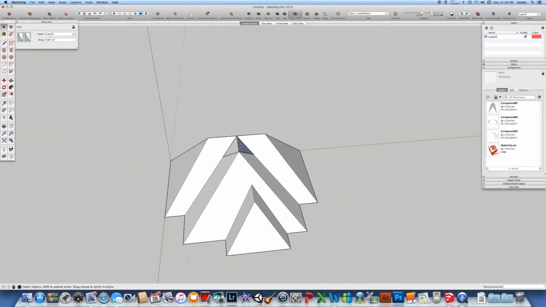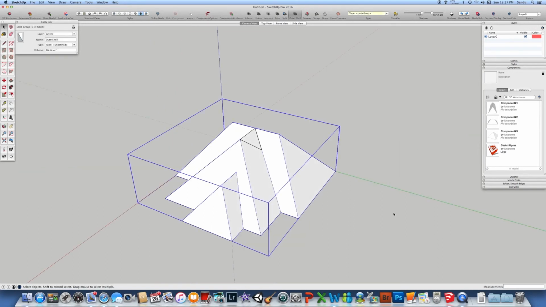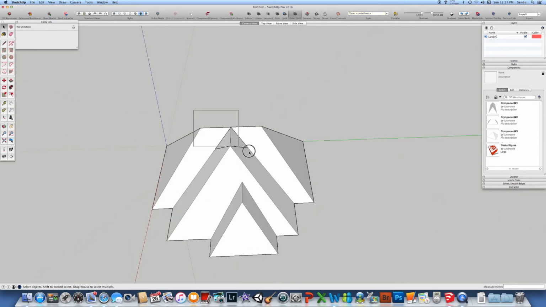Okay, my mouse has got some issues anyway. We click on reverse faces, but again, those two faces which I just built are not part of the component. So here is a trick. You select them, you cut them and you paste them. So basically you select them and you use